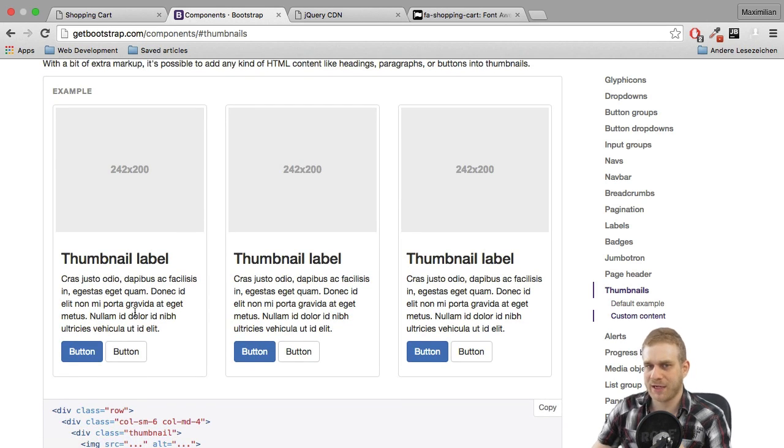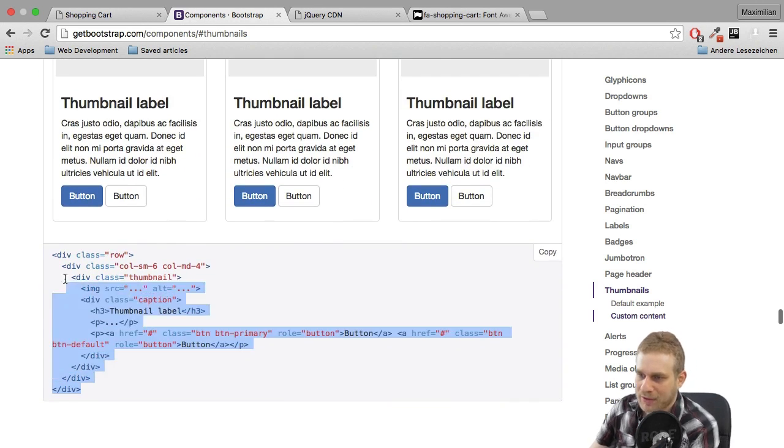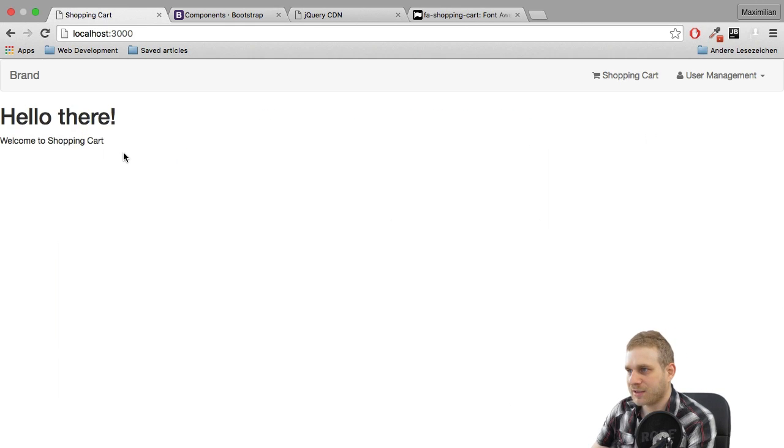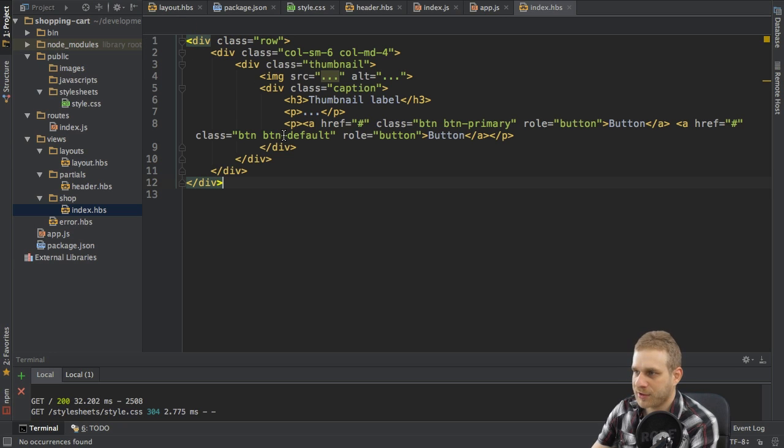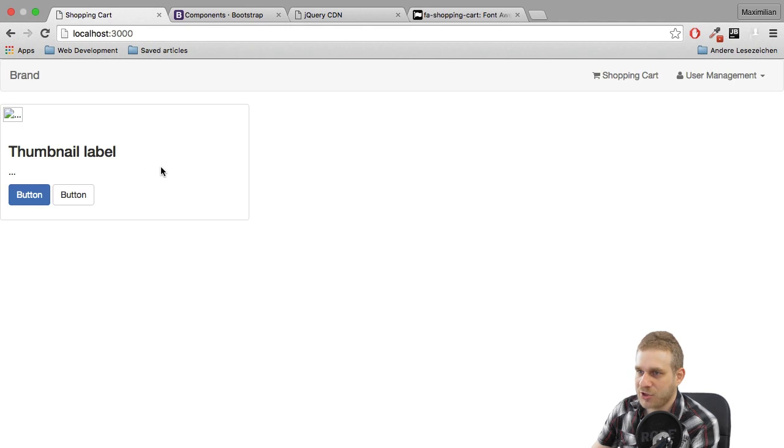Later on, I want to have a price at the bottom too, and I want to only have one link and move that to the right. But for now, I will grab this code here and just insert it here instead of the current content we have. So now if I save this and reload my page,